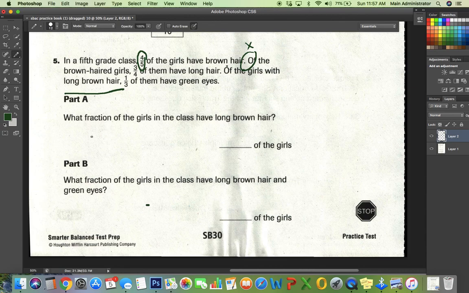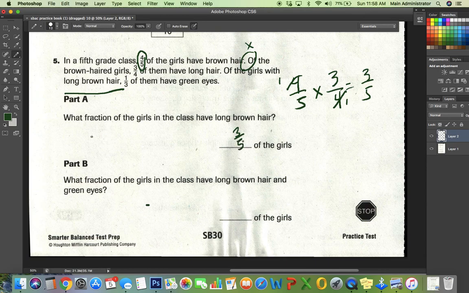Okay, long hair. Brown is 4/5, and long hair is 3/4. Whenever we see of, we multiply. So we're going to multiply these two. You could multiply straight across. You could cross cancel to make it easier. I'm going to cross cancel. I'm going to divide both of these by 4. 4 divided by 4 is 1, and that will give me an easy answer of 3/5 of the girls have